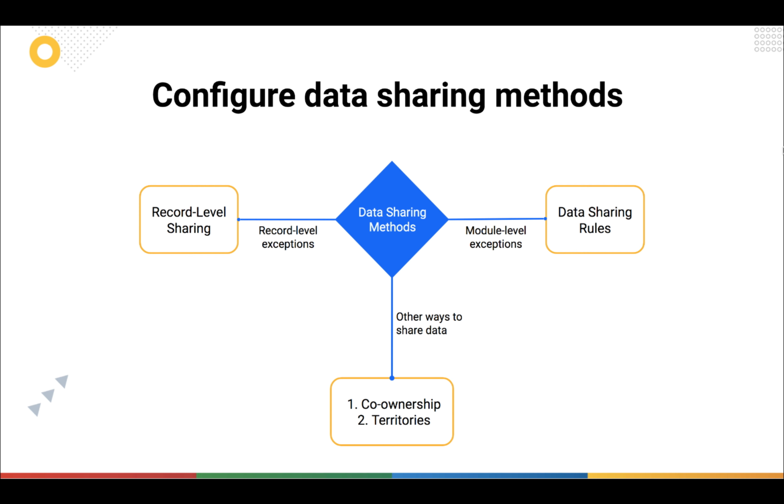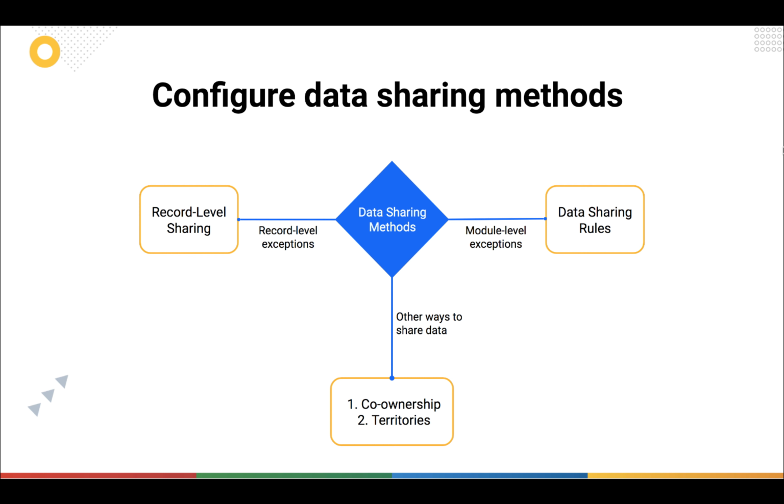Say, for example, if the sales trainee has to gain access to the entire leads module of the vice presidents, then you can go for data sharing rules, which help you share an entire module to a different role. It doesn't stop with trainee and vice president. From role A to role B, from any role, if you want to share an entire module to a different role, you'll use the data sharing rules.